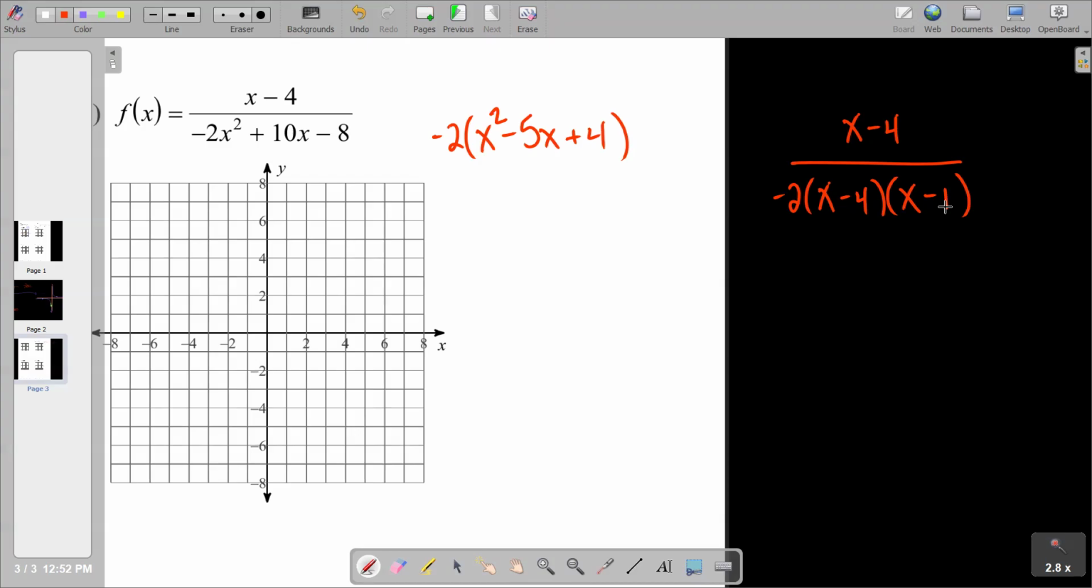We think about the 4. So x is not allowed to equal 4. And x is not allowed to equal 1. But the question is, which one of them can be removed? The 4. Because the x minus 4 on top can cancel or eliminate the x minus 4 on bottom. That is what we call, sorry for the big words here, you don't have to know it or write it down, a removable